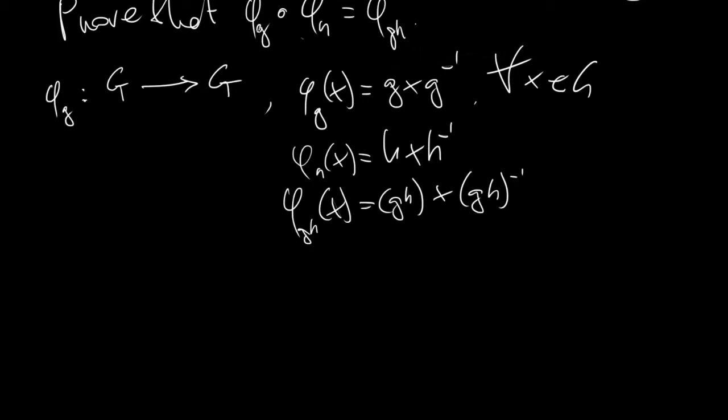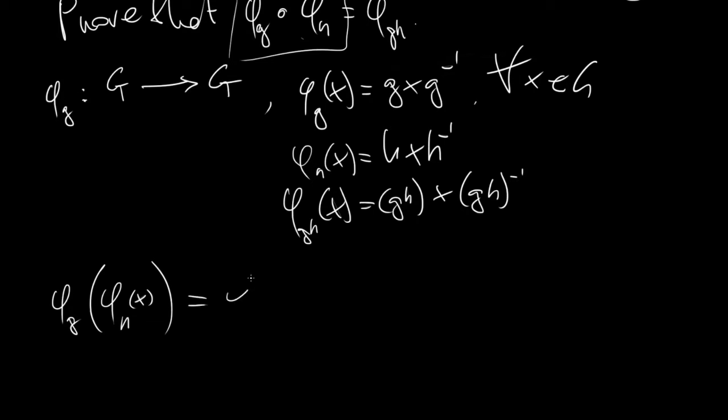So this is φ(g) of φ(h)(x). This function is the one inside, this is the outer one. Let's see how this is. It's going to be very easy. It's going to be equal to φ(g) of, remember we just defined it here,